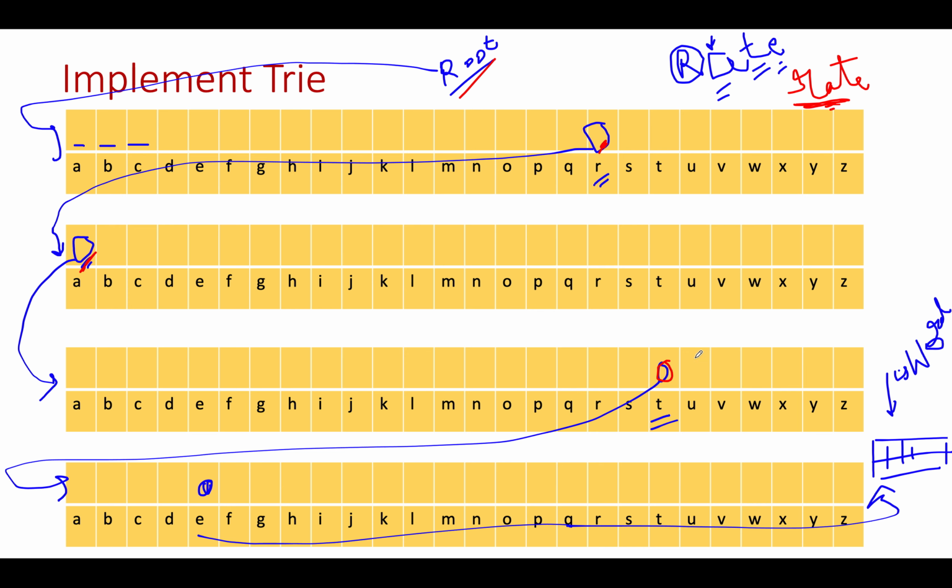And from T you will proceed ahead to its next pointing node, and you will see E there. At E there exists a node, and from E you will check what is the next node. There exists a node, and its isWord value is true. That means the word does exist in your trie. You need to check the terminal state of isWord in the final iterator of the trie node.